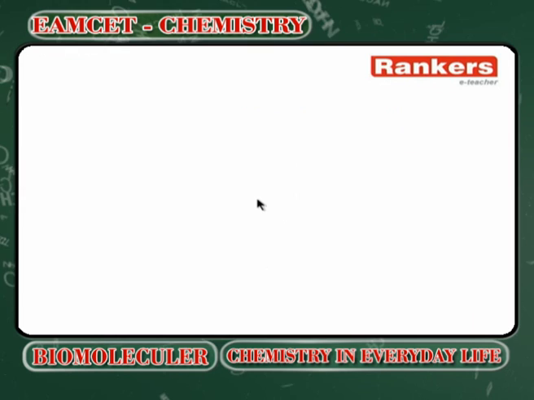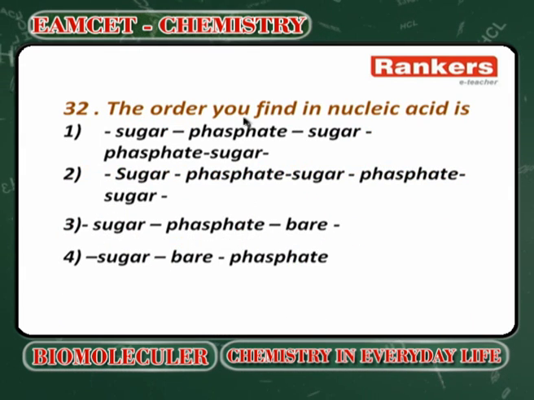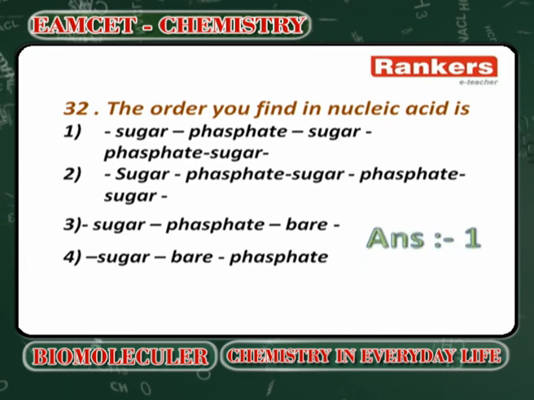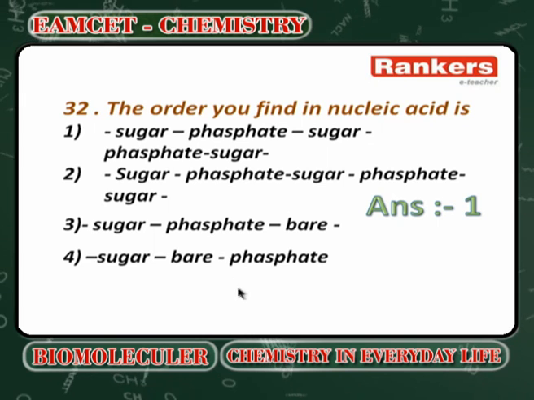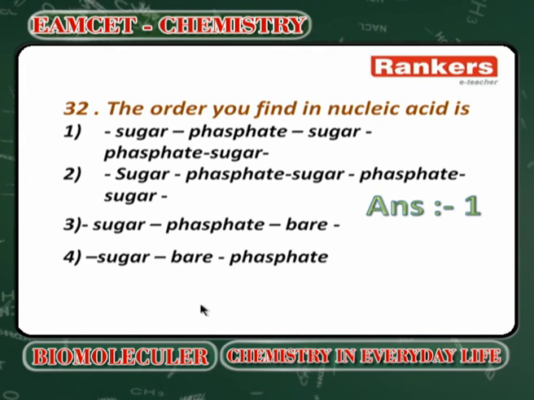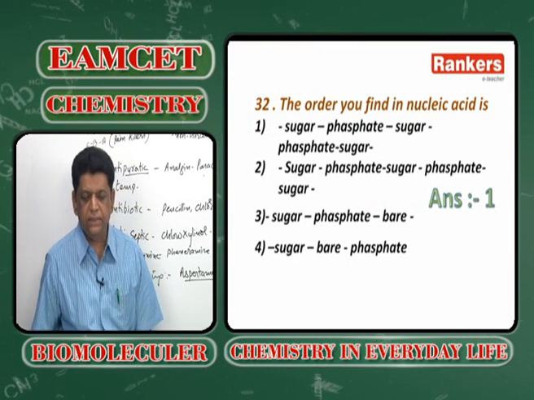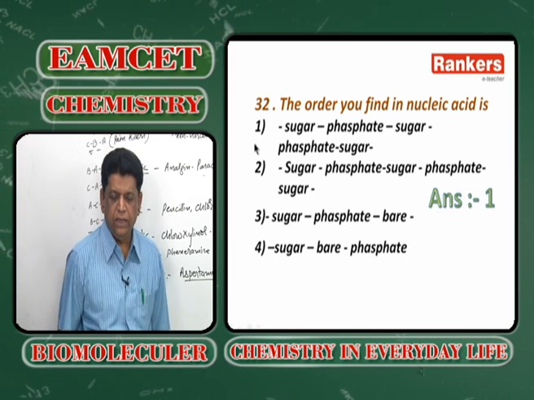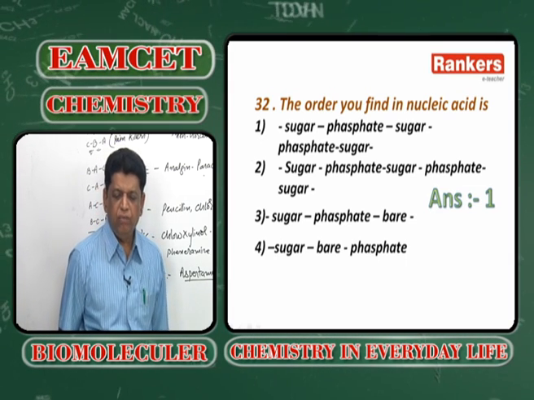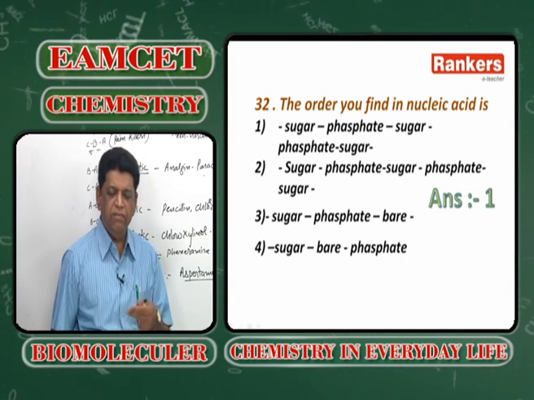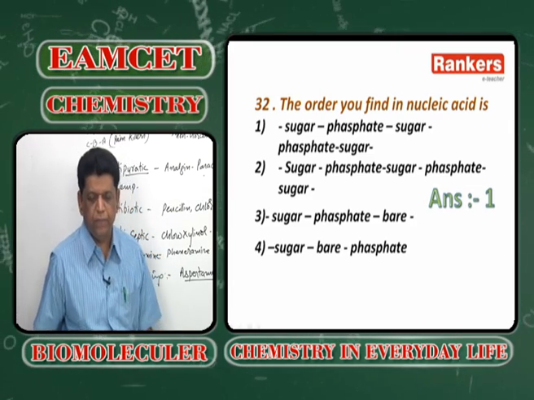Next, faster. The order you find in nucleic acids is sugar, phosphate, sugar, phosphate, and so on, with sugar linked to phosphate and a base. Actually, a sugar is linked to the phosphate, and the sugar will have a base hanging. That is the right answer. The order is written slightly differently, but sugar, phosphate will be there, and the sugar will have a base hanging group. Right. Next,